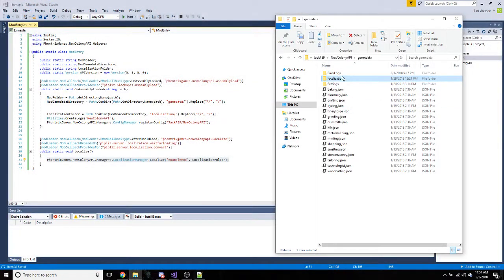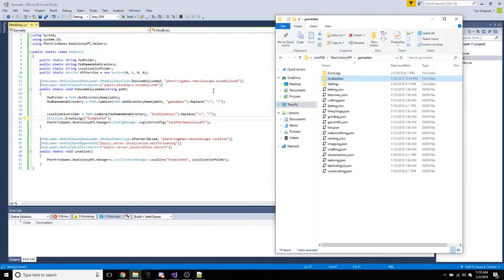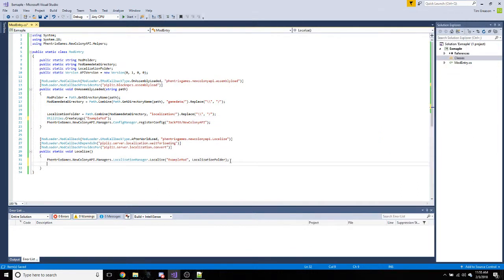Now, another awesome thing that I actually enjoy, which I need to edit slightly, is if you use the utilities under helpers, okay, and then do create logs, and pass in your mod name, okay, just like that. There it is. It'll give you an option when you create logs. So if we go utilities dot create logs,